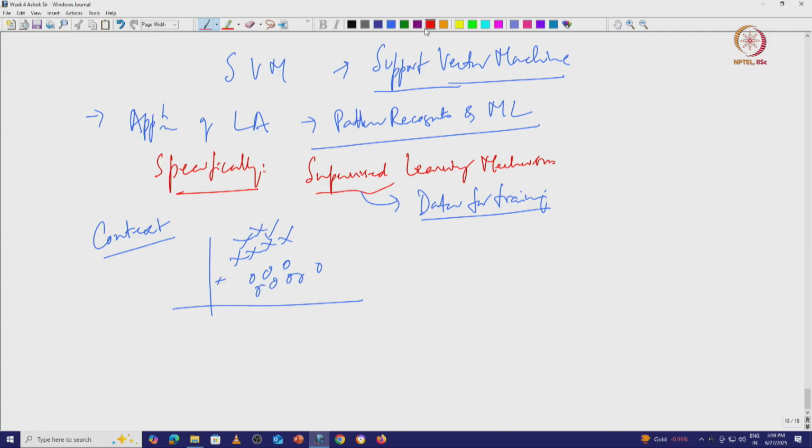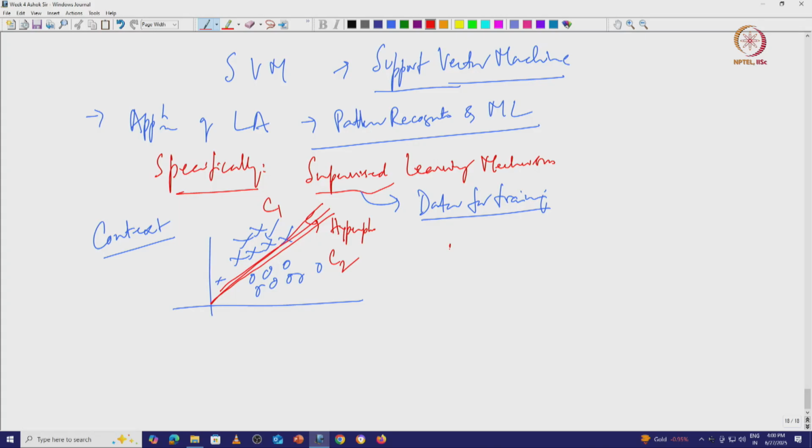The question is, given data of two classes, can I find a linear hyperplane that separates data into two distinct classes, class 1 and class 2? We may not be able to do it uniquely in many cases. So you may have multiple solutions or no solutions.